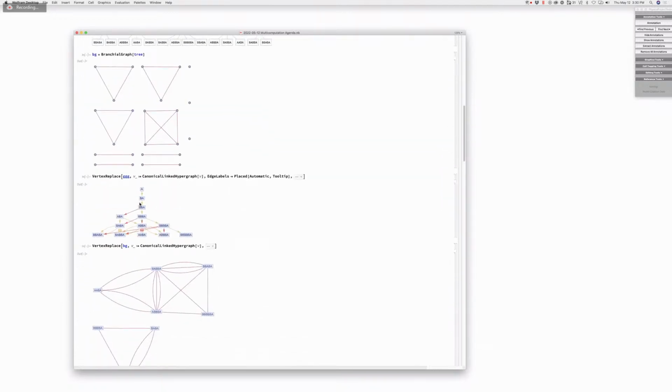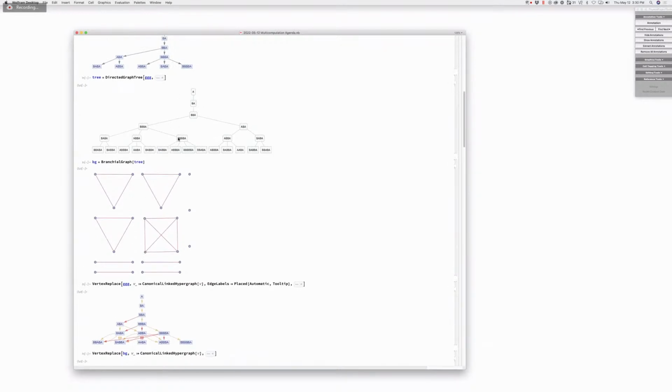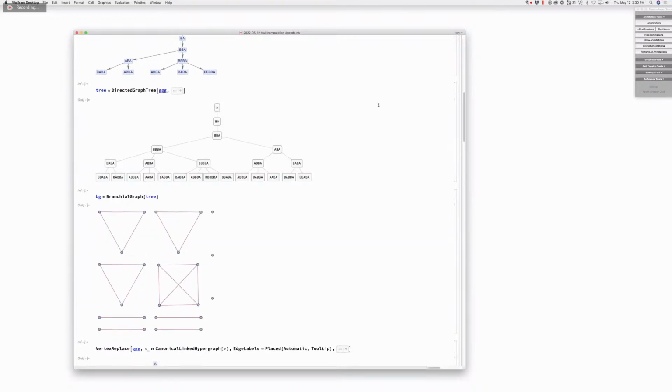So the edges in the branchial graph are edges between siblings in the tree? Each node has some number of children, and you just put those children in a complete graph. Right. Branchial graphs just link vertices that in the original graph have a common direct ancestor. Which is what you're saying, Ian. They're the siblings of a given parent. You're right. Yep. Showing the sibling edges instead of ancestor edges. Right. So these things here would be in a complete graph together.